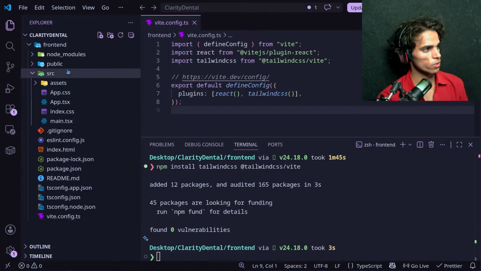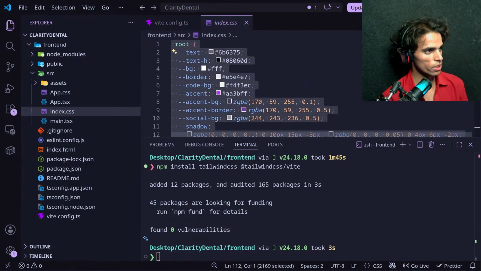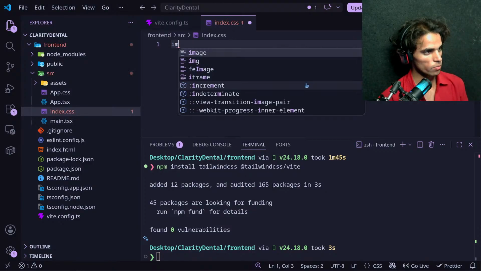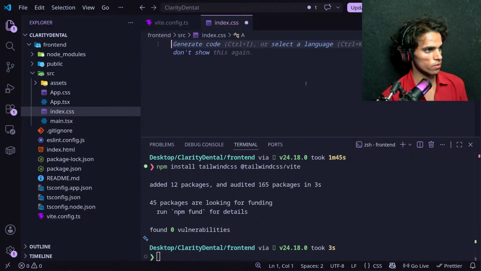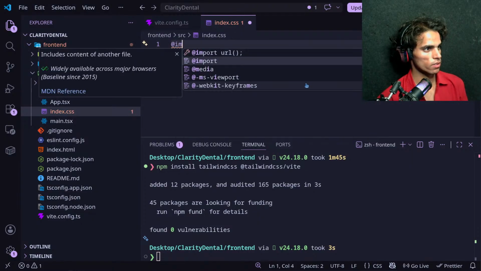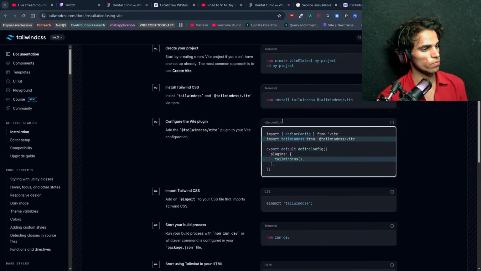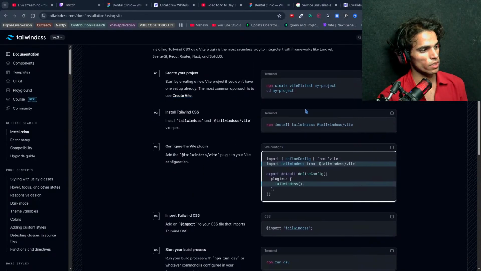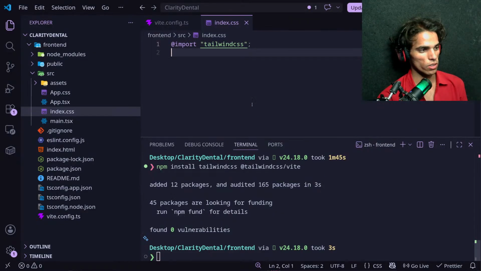Next, inside index.css, let's cut this completely, and you will write @import like this, and it will be Tailwind CSS. We have to do this. Okay, you can also see that here in our main CSS file. We have to import Tailwind CSS, and then we can run our app.